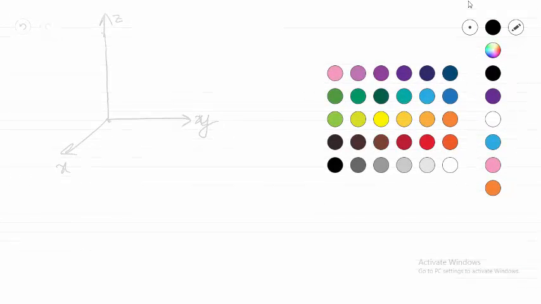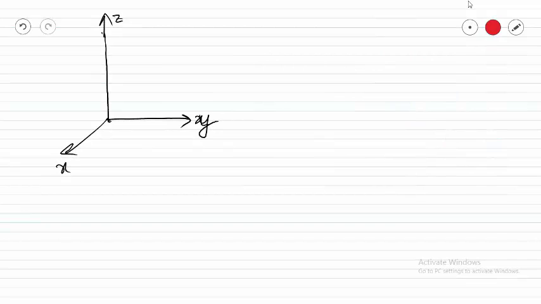Right, so let us draw a diagram for that. Let us say this is the z axis, this is the y axis, and this is the x axis. Now on this z axis let us consider a line that starts from A and ends at B. This is a finite line charge where charge is distributed evenly, with charge density rho L.